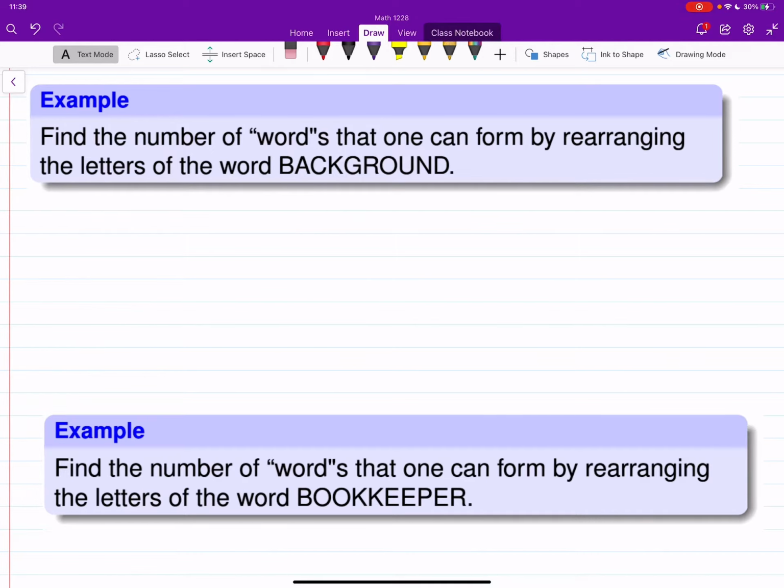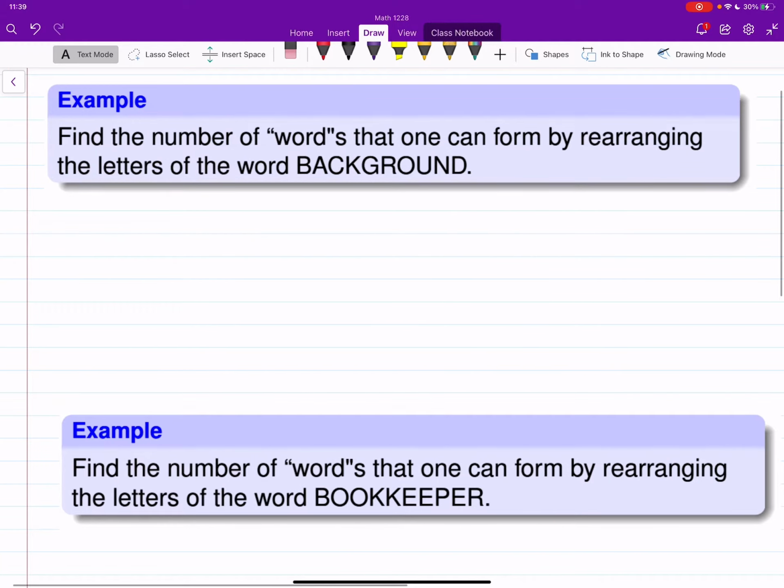When we put a word in double quotation marks, what we mean is that this is just a sequence of letters. We don't need to have any meaning for that sequence, that one can form by rearranging the letters of the word "background". So the first thing is that we go and see that background has 1, 2, 3, 4, 5,